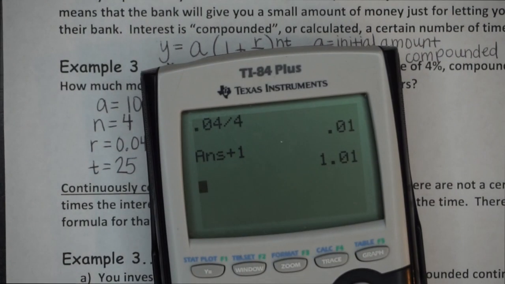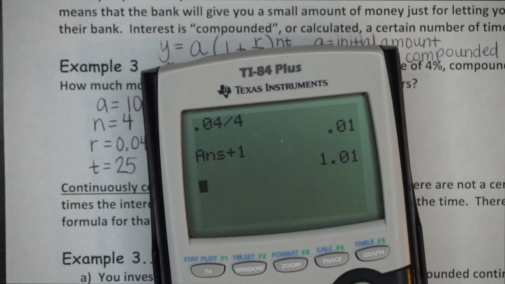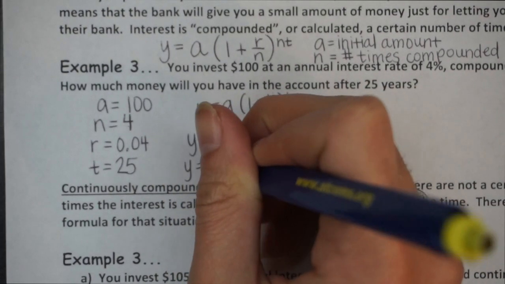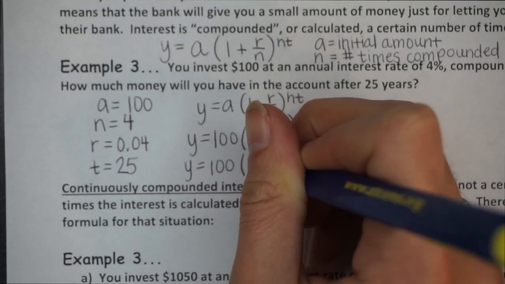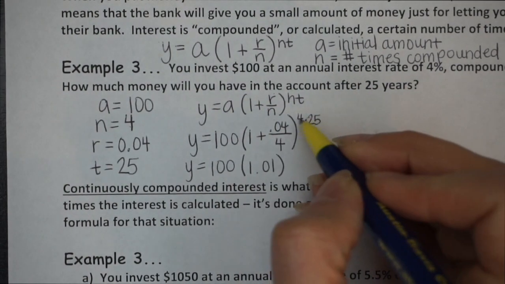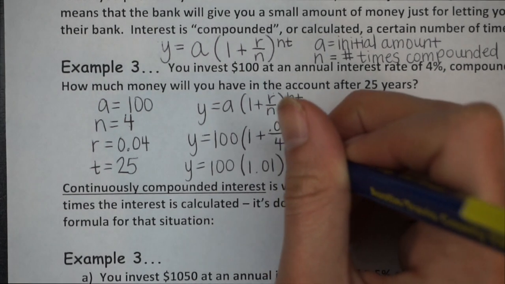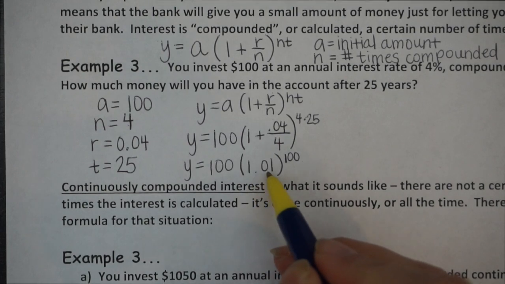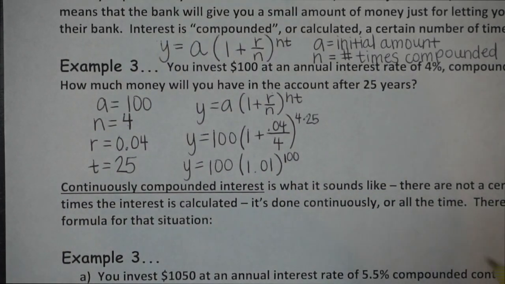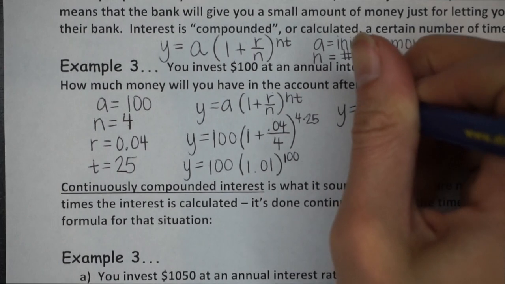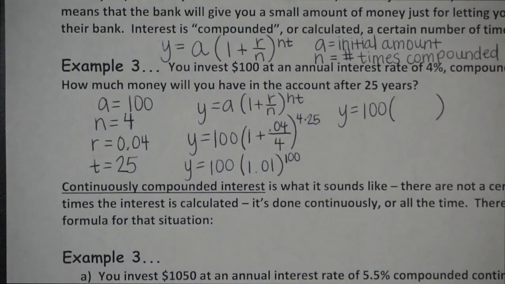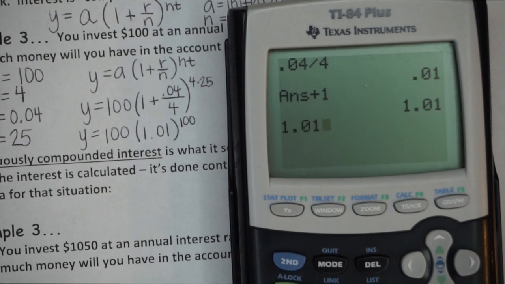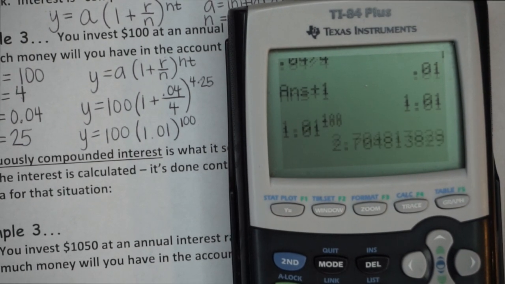That's going to give us 1.01 to go inside the parentheses. y equals 100 times 1.01 raised to the 100, since 4 times 25 is 100. And then we can evaluate that. I'm going to do 1.01 to the 100th power to see what we get, so that I know what we're going to multiply with. So 1.01 to the 100th power is